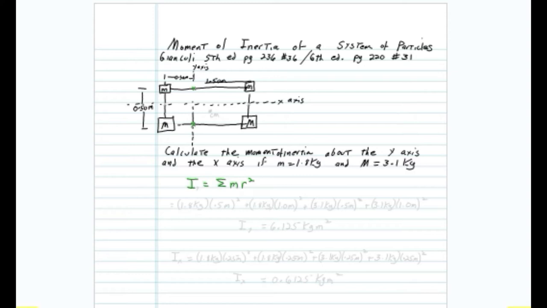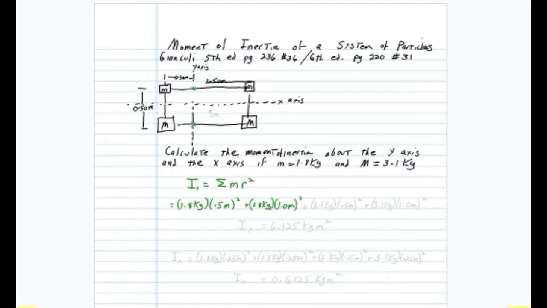So if we're talking about the moment of inertia about the y-axis, in this case, we're going to go with the small mass on the left top corner, which is 1.8 kilograms, times how far it is from the axis, which is 0.5 meters. We'll square that, plus the top right mass, which is also 1.8 kilograms, times its distance. And if you look at the picture, it's 1.5 from end to end and 0.5 on the left-hand side, so that's 1 meter